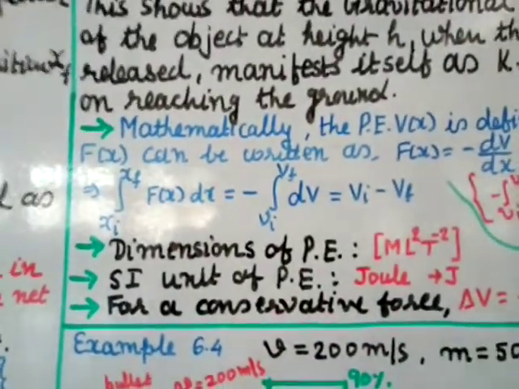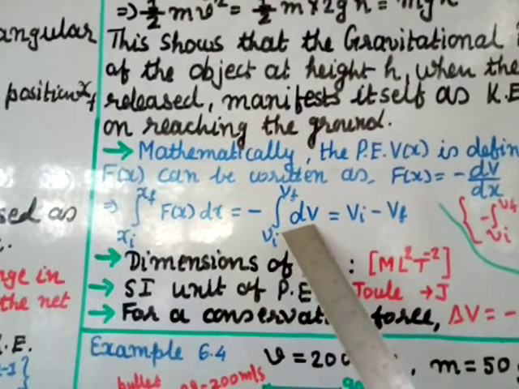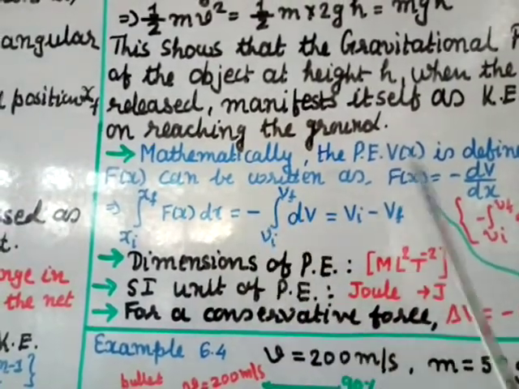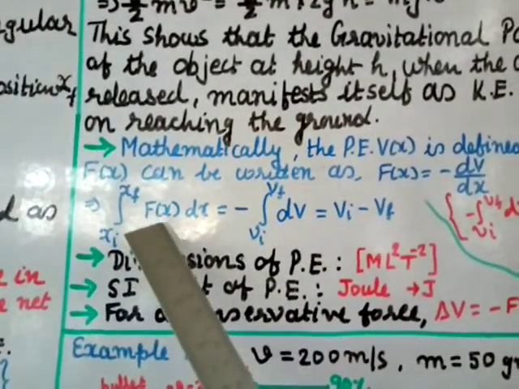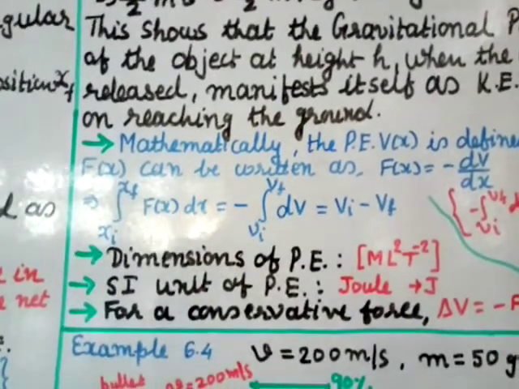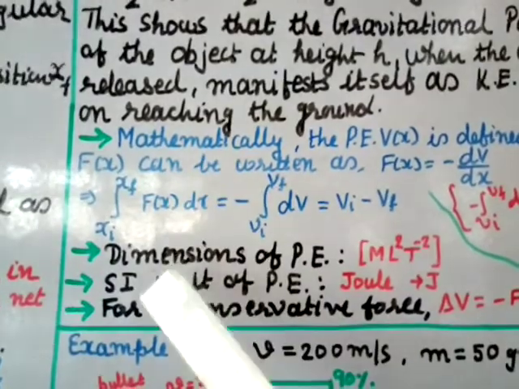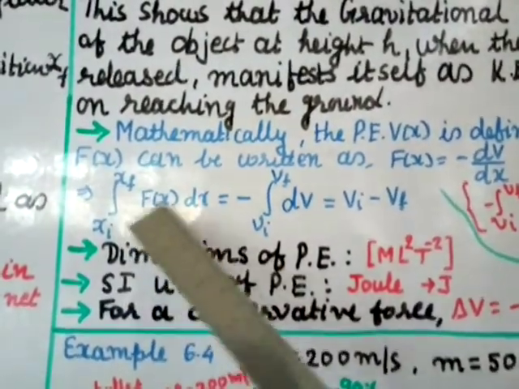You can also write it directly, because we know that the integral of dv will be V. Integral of 1 with respect to V is V. Okay, so here the integral of 1 with respect to x is x, not f of x. Integral of 1 with respect to x.